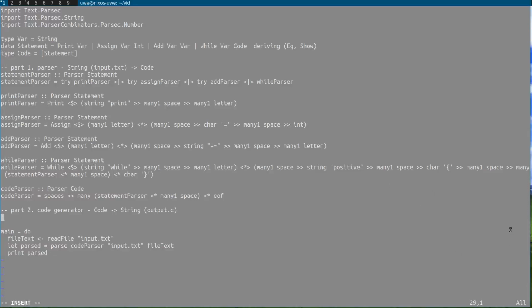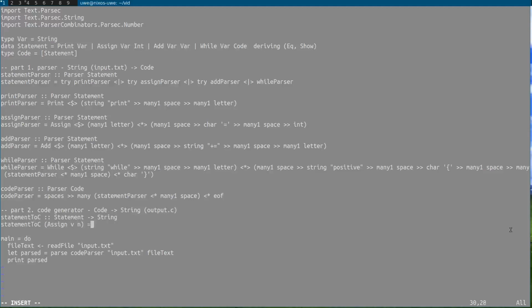For the code generator, first we should go line by line, statement by statement, and convert each statement into a statement in C. So, statement to C. And the C file is going to be a string. So let's start with the assign statement. Statement to C, assign